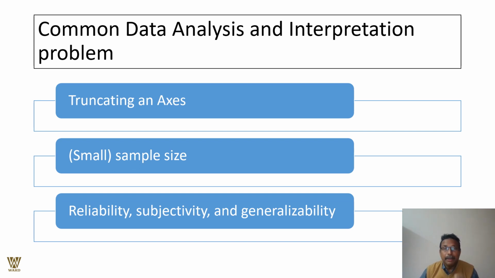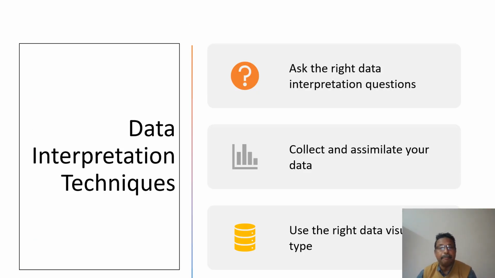Next is the problem with sample size. Often a researcher comes up with a conclusion over a very small data set, which might not represent the whole population. Wrong interpretation would come about. Then comes reliability and subjectivity, which can be skewed one way or the other, and generalizability thereby. So the techniques of data interpretation: first and foremost, always ask the relevant question,